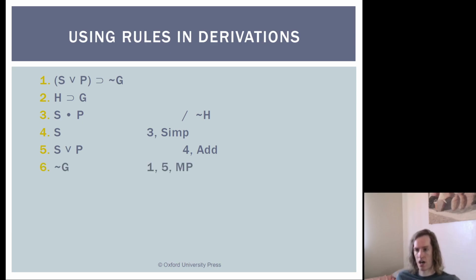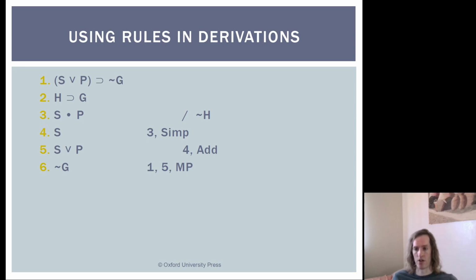So because we have S or P then, we're able to apply modus ponens to lines 1 and 5. Remember, keep in mind that rules like modus ponens that you need to reference 2 lines for, it's very important to have both lines in your justification. You can see in premise 4, we only needed to reference line 3 because we were just simplifying part of line 3. And in premise 5,